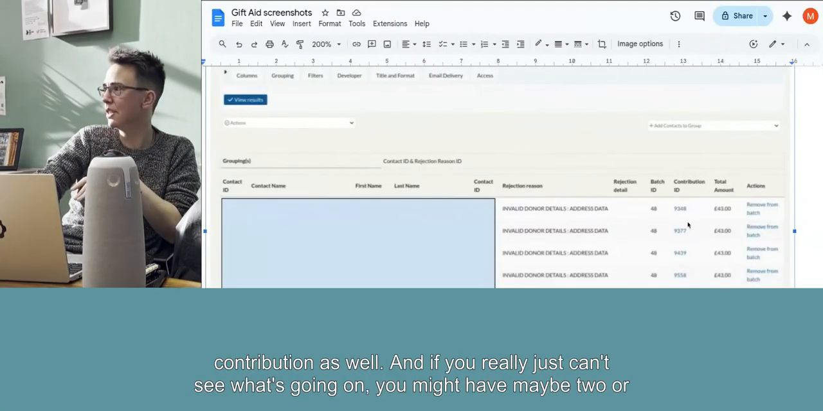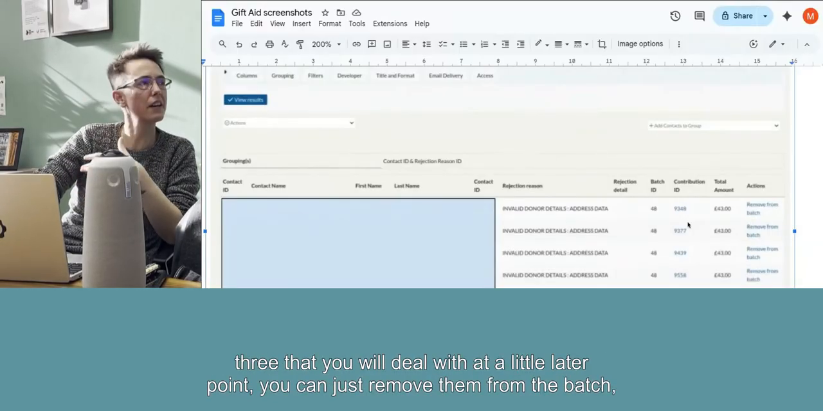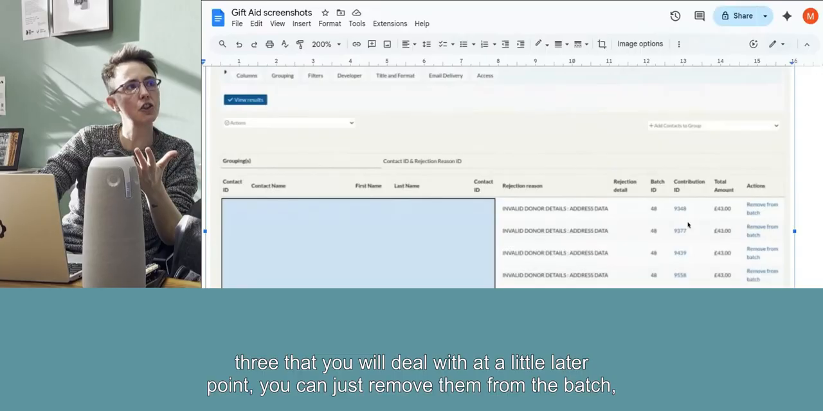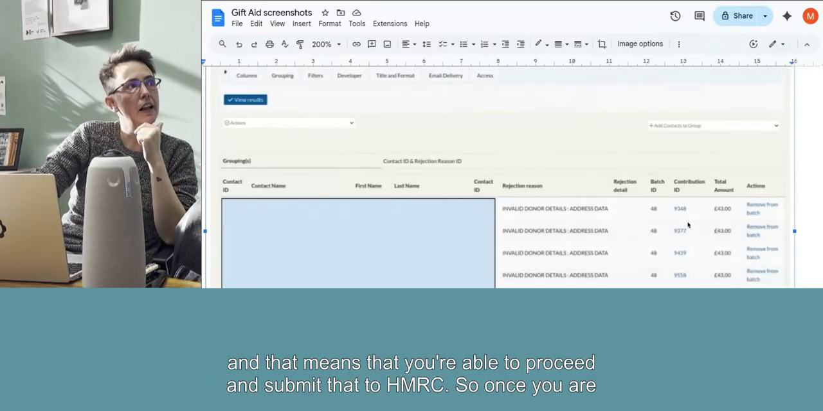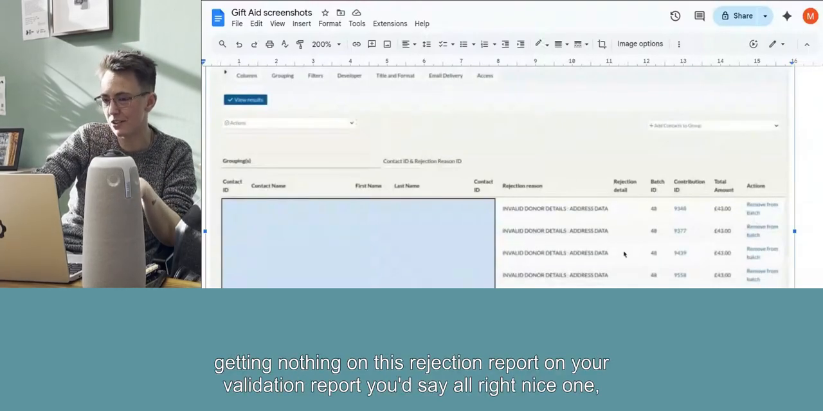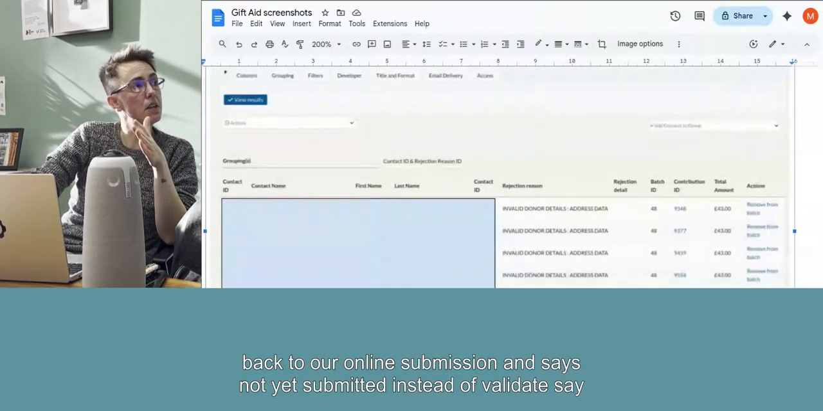And if you really just can't see what's going on, you might have maybe 2 or 3 that are just, we'll deal with that at a later point. You can just remove them from the batch, and that means that you're able to proceed and submit that to HMRC. So once you are getting nothing on this rejection report, on your validation report, you'd say, all right, nice one. Back to our online submission,